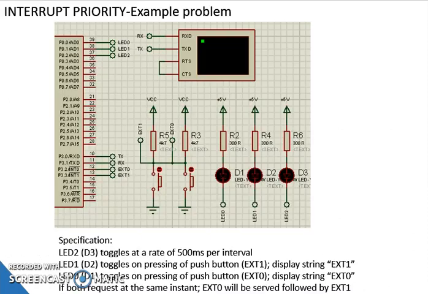So let's see the example. Interrupt priority example problem. Specification: we have 3 LEDs here, LED D3, D2 and D1. LED D3 is going to toggle at 500 millisecond intervals. LED D2 is going to